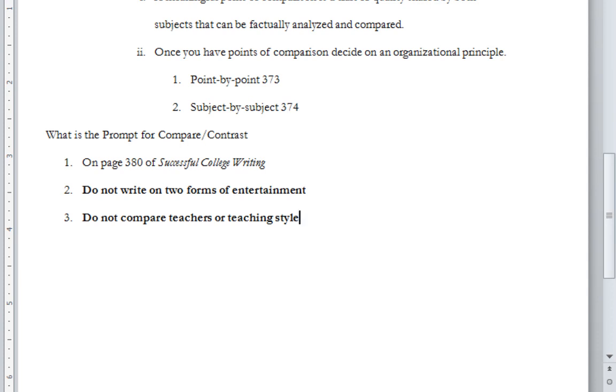As I said, you have to use one database article for this, but you can use websites, you can use books, you can use as many other sources as you need. They just need to be cited properly, both in text and in secondary sources. And you need to make sure that every time you paraphrase or quote something, you use the signal phrase, proper punctuation, and the parenthetical.